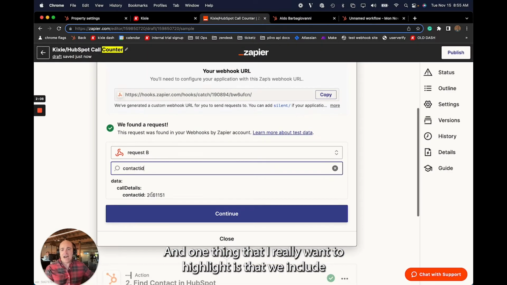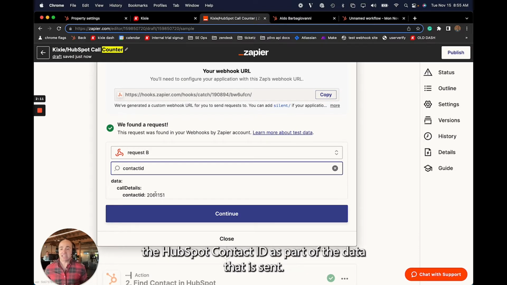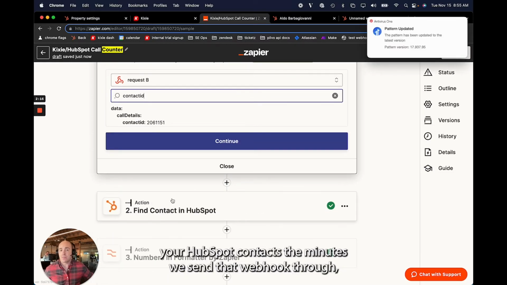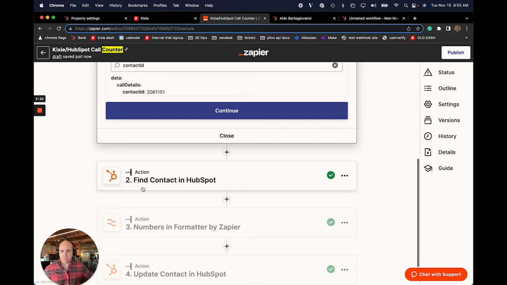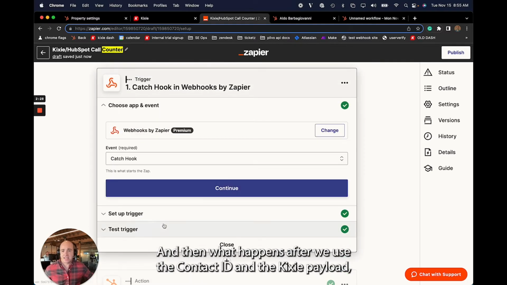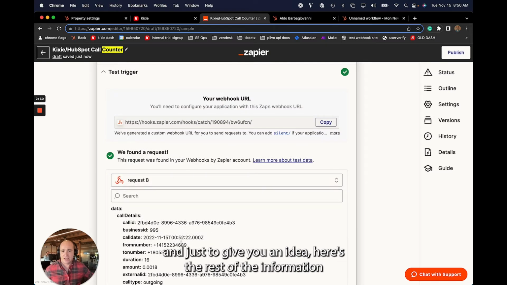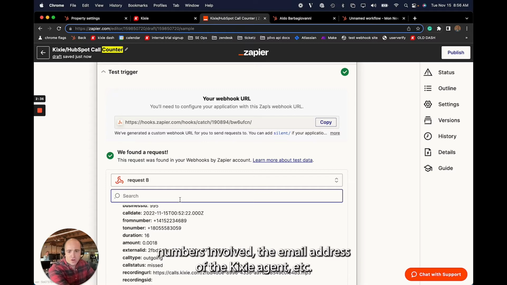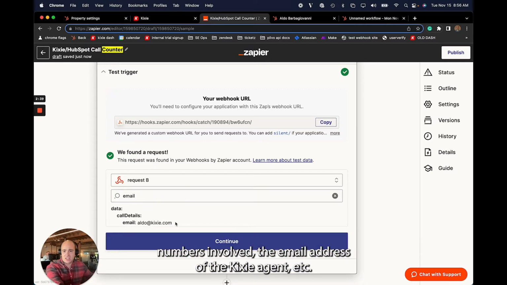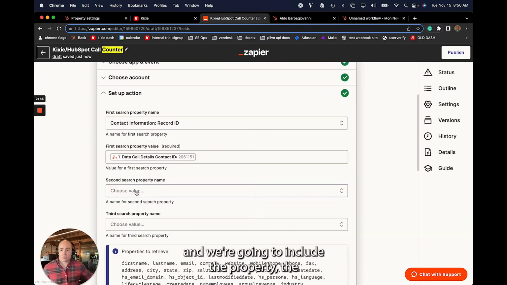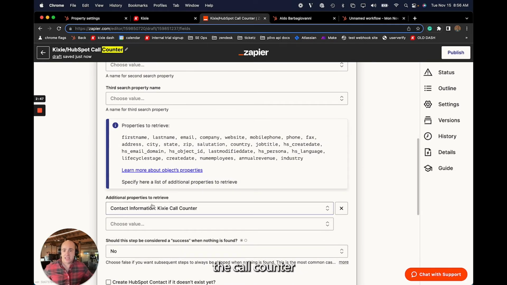One thing that I really want to highlight is that we include the HubSpot contact ID as part of the data that is sent. What that means is that you can very easily look up your HubSpot contacts the minute we send that webhook through, as we can see here. And then what happens after we use the contact ID in the Kixie payload, and just to give you an idea, here's the rest of the information that we include, including the call recording, the call duration, the phone numbers involved, the email address of the Kixie agent, etc. We will use the contact ID to find the HubSpot contact, and we're going to include the property, the Kixie call counter